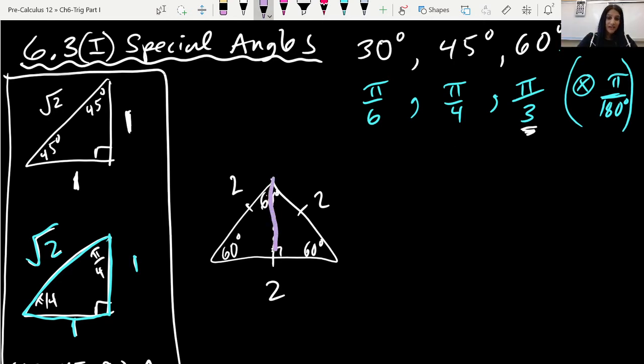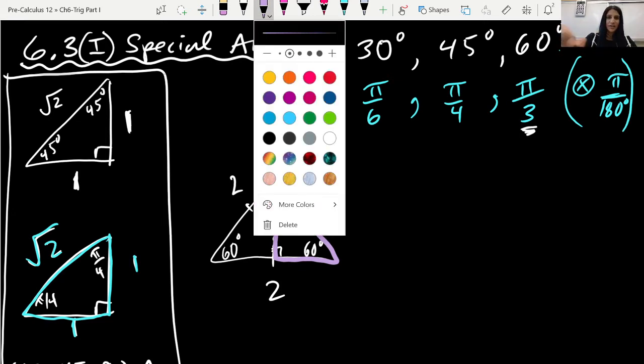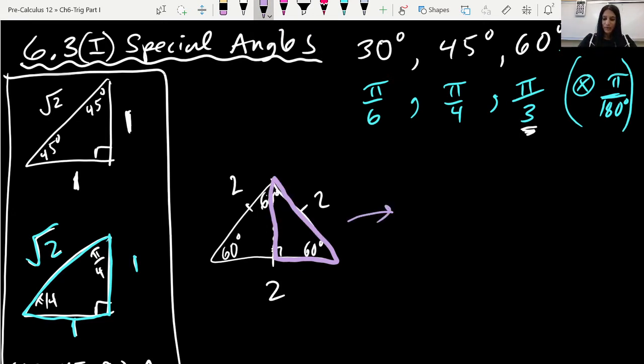So I'm going to take just half of this, and I'm going to move that and slide that over to use that to come up with our other special triangle here. I'm going to draw just the chopped-up half of it. If I've chopped it, that side that was 2 is now 1. That's still 2. And then the third side is root 3, with a root sign on top. We're not going to spend the time to go through how to use the Pythagorean Theorem to come up with that. You can practice that on your own if you're interested, but we used the Pythagorean Theorem to come up with that